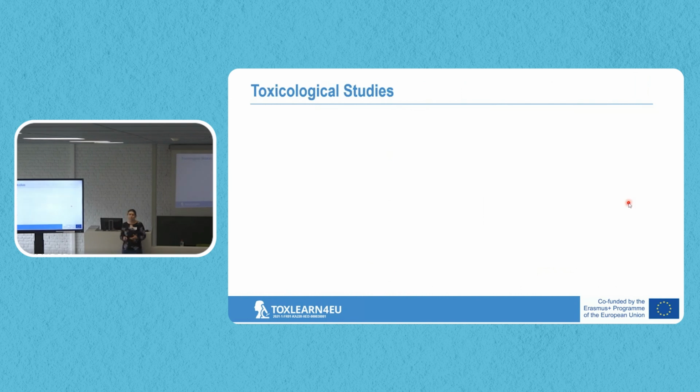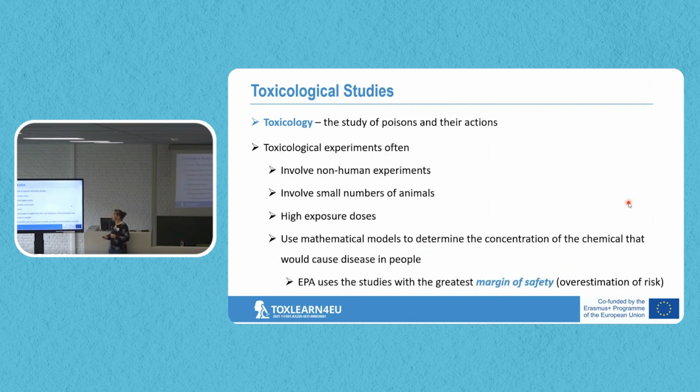Okay, so toxicological studies. To sum up, what do they do? It's the word itself. You study the toxicity of a compound, poison, and their interactions with the body. Then you can have non-human experiments, you can have human experiments, and based on that, you're going to set exposure